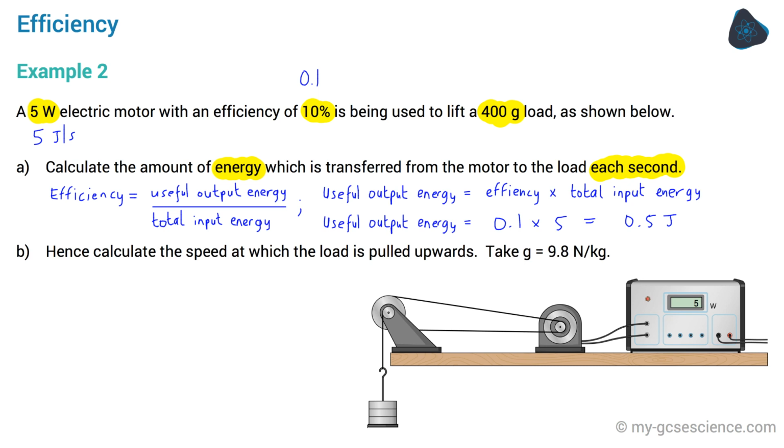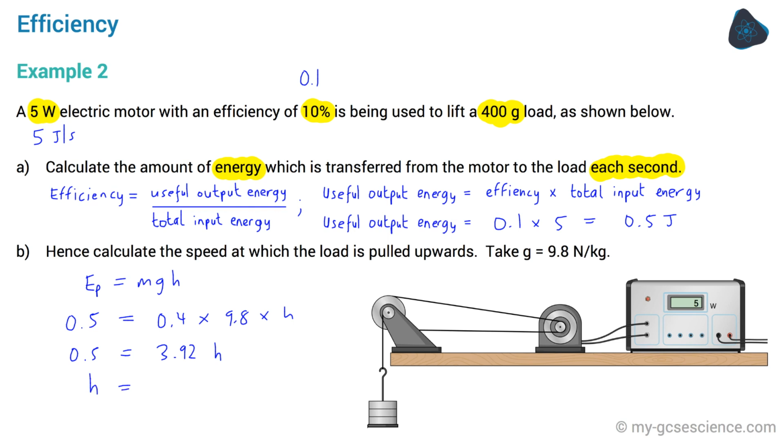Part B is actually easier than it looks. We know that, as the load is lifted, its gravitational potential energy increases. Our equation is E_P equals mgh. Subbing in from the previous answer, 0.5 joules equals the mass, which is 0.4 kilograms, times 9.8 times h. Our next line looks like this: 0.5 equals 3.92 times h,